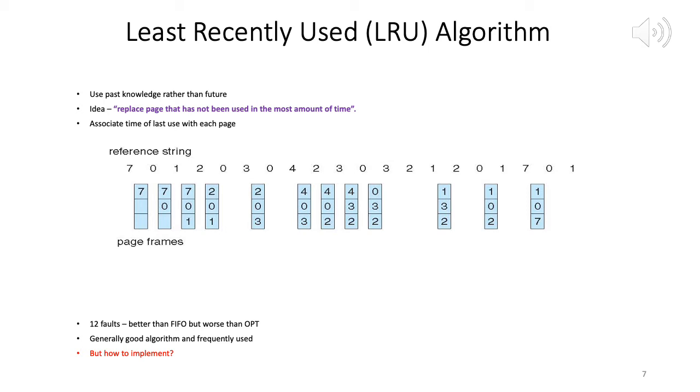So essentially now we have 2, 0, 1. Okay, now 0 comes, no fault. 3 comes, do we have to evict? Yes. Choices are between 2, 0 and 1. Okay, so among 2, 0, 1, which has not been used for the most amount of time, it's 1. So evict that. Now we have 2, 0, 3. Next request is for 0, no page fault. Next request is for 4. So among 2, 0, 3, which one has not been used for the longest.